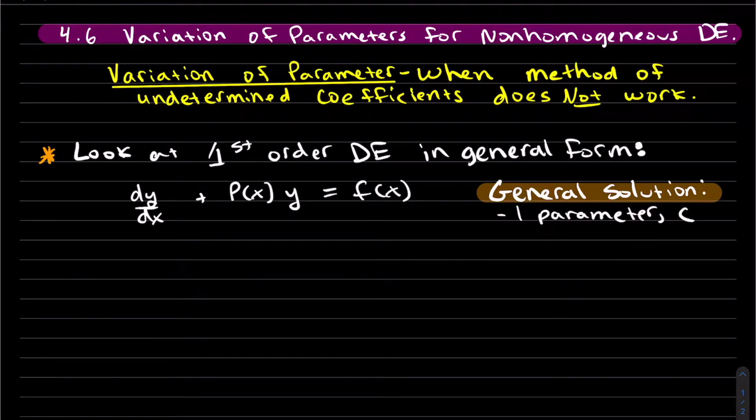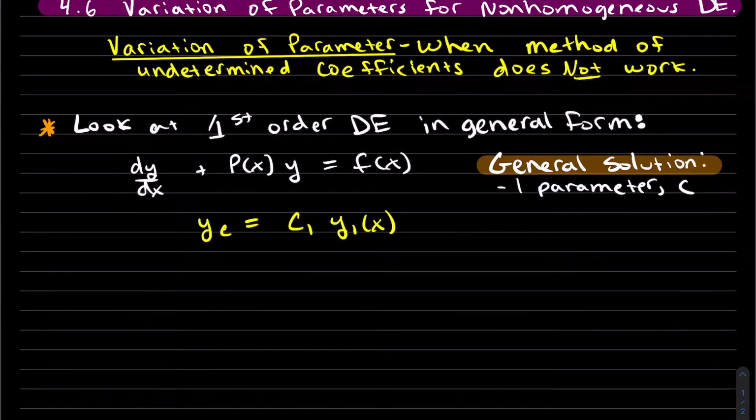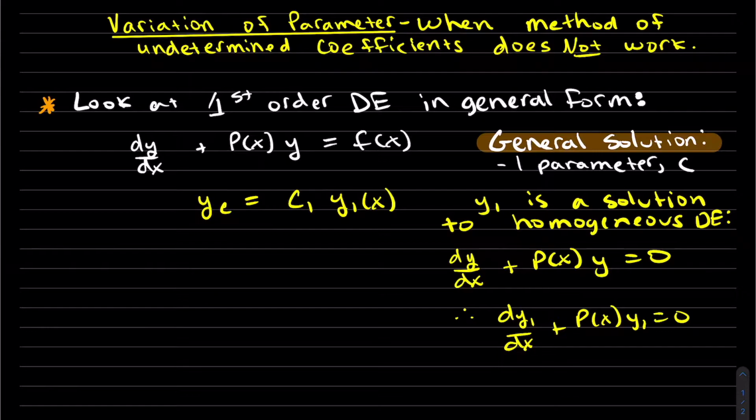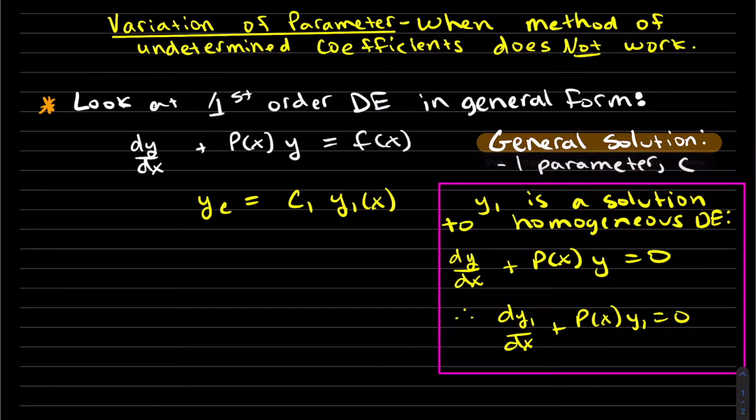Our general solution for this is going to just have one parameter, C1, since it is first order. Let's start off with yc, the solution to the homogeneous DE. It'll be C1 times our solution, y1 of x. So y1 is a solution to our homogeneous. So when you plug it in, you basically get 0. So now our particular solution,